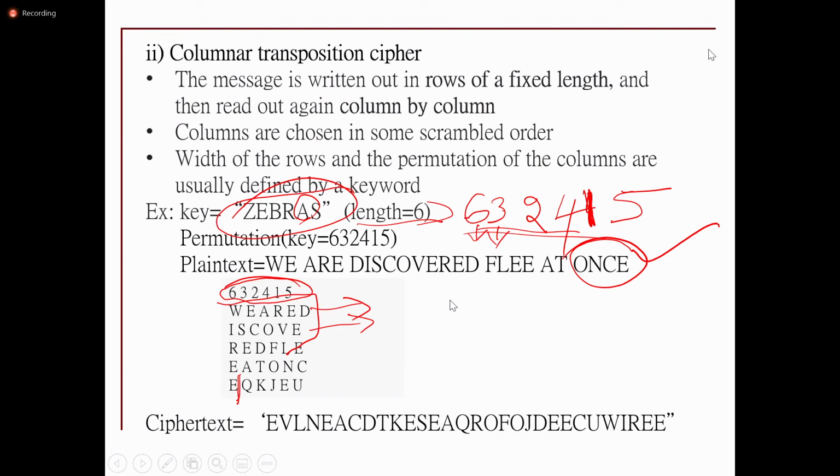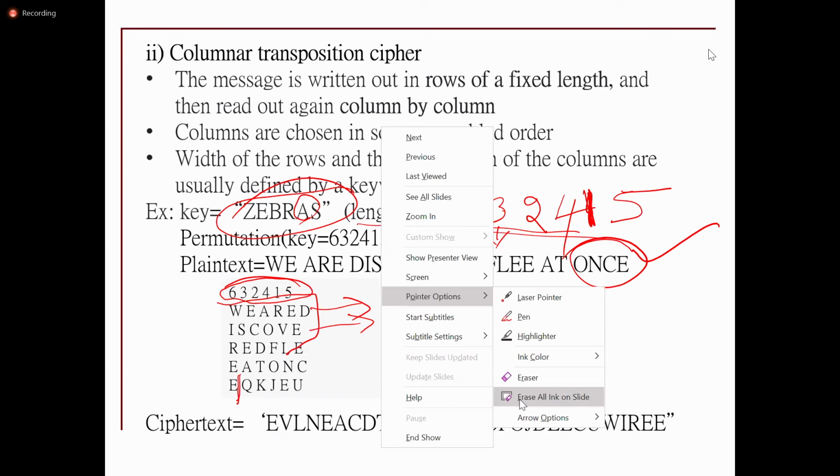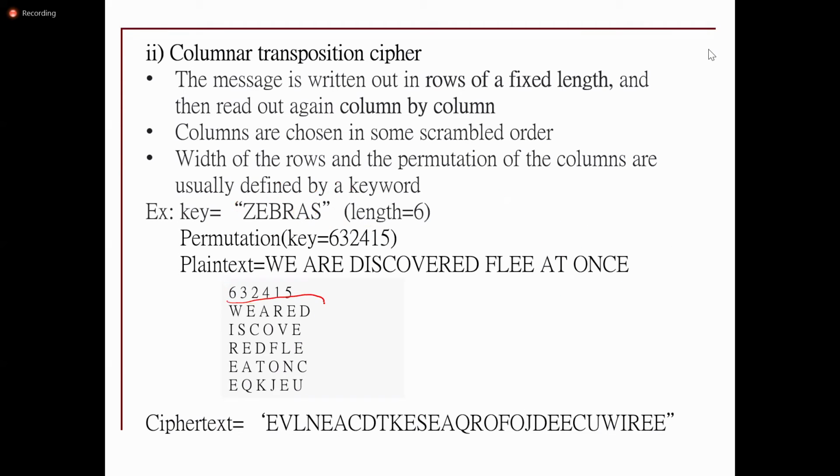So whenever we are writing in array format, a fixed number of letters is not sufficient, so a variable length row is coming, isn't it? The length of the last row is only 1. So we can append or insert some dummy characters, some dummy letters. Here this is the set of dummy letters: Q, K, J, E, U. So we can add the dummy letters, and then in order to generate the ciphertext,